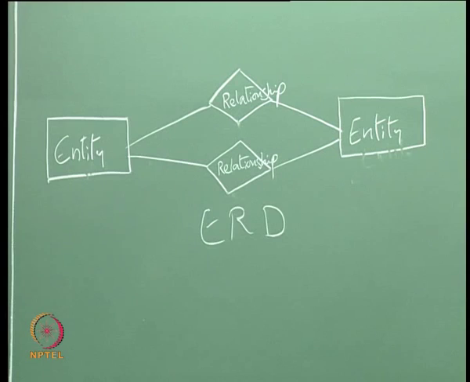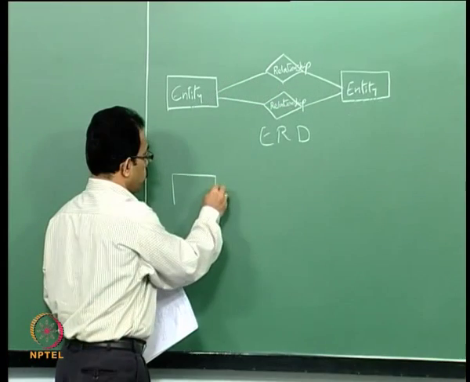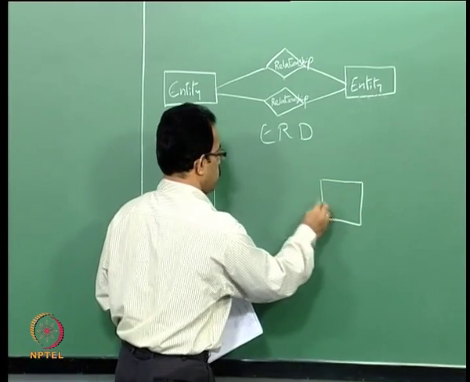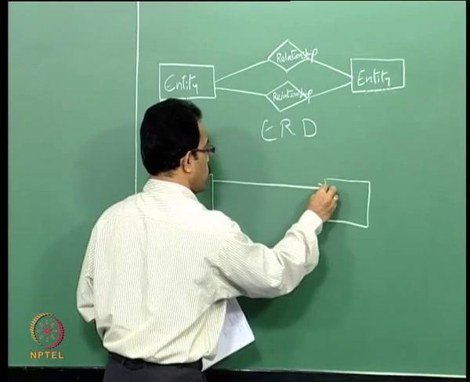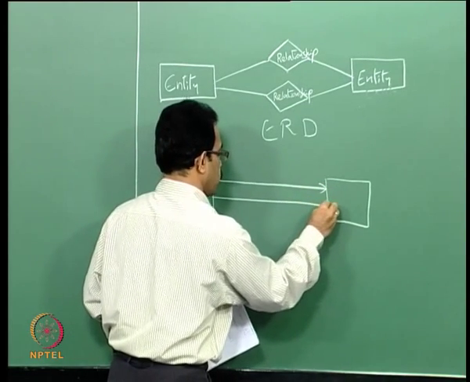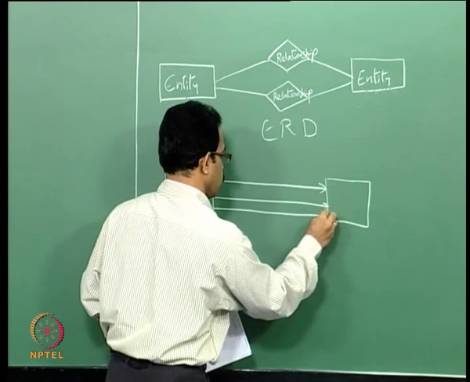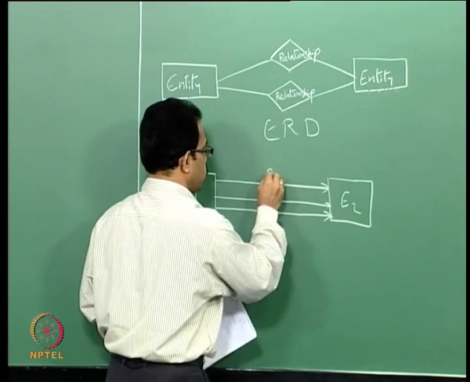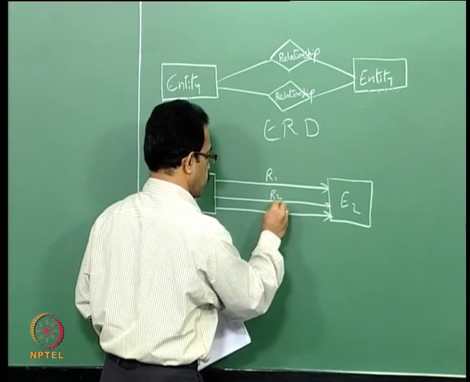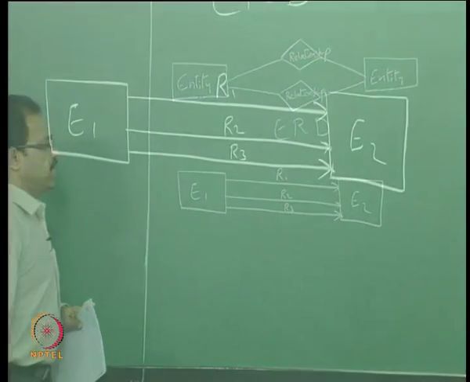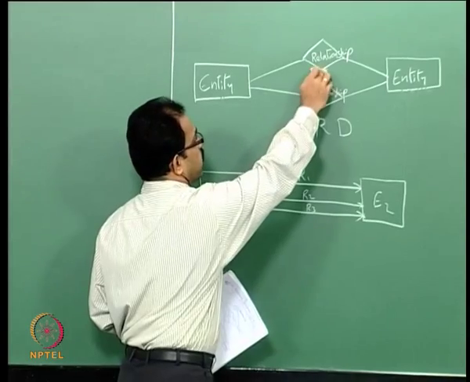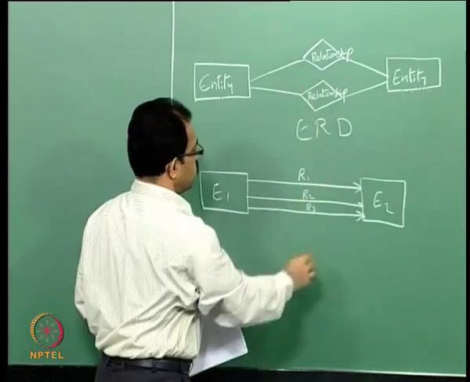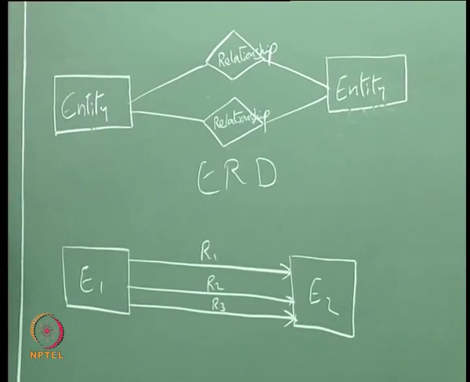and the relationship is represented using diamond shaped boxes. Another way of doing this is, instead of having the diamond boxes, we can have directed relationships, where we simply show a directed arrow to represent the relationship. So, this is entity 1, this is entity 2, and we can have the relationships written over here, R1, R2, R3. If you are using the diamond shaped box to represent the relationship, then we do not use the arrows, but when we are not using the diamond, we use arrows to represent the directional relationship.